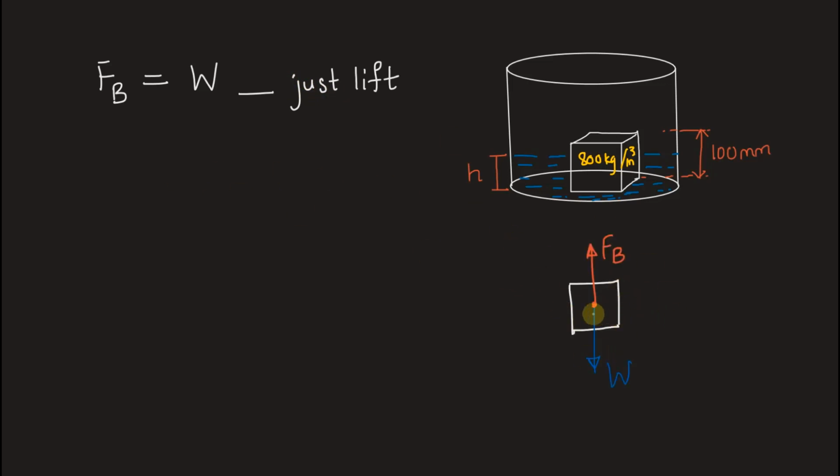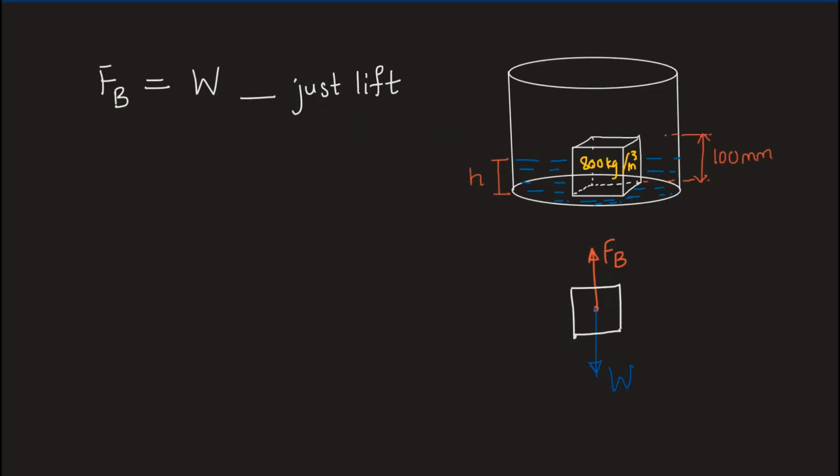I will also show it by a free body diagram. Here we can see on the cube there's this buoyant force, which is coming from the liquid, and the weight of the cube, which acts downwards. Finding both the forces individually and then equating them, we can find the height h. After learning about this concept, if you want to try solving it yourself, you can pause the video and try finding the value of h.